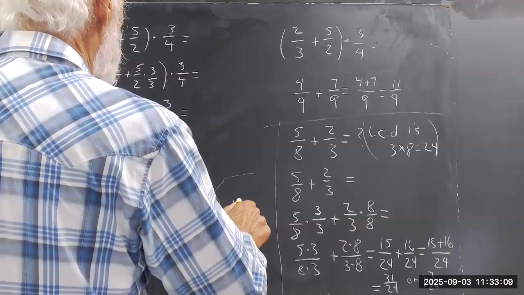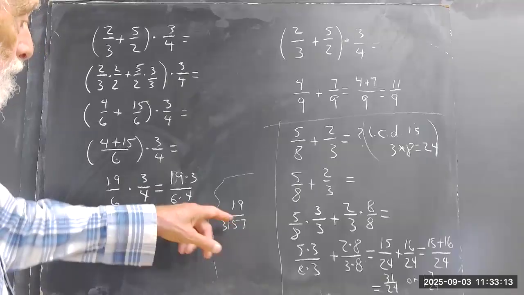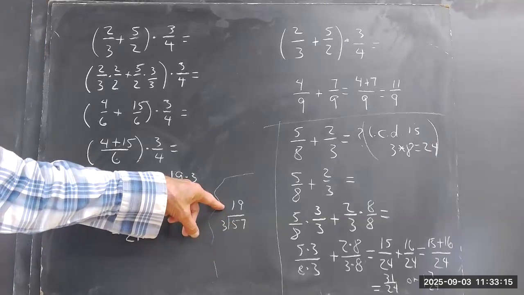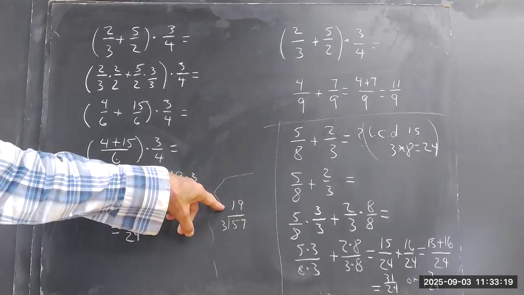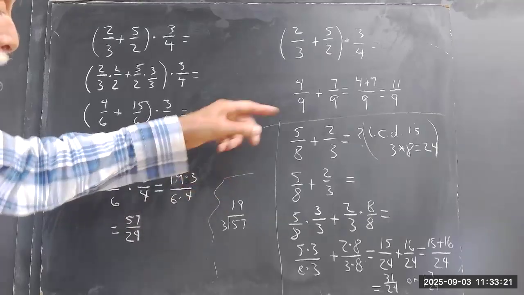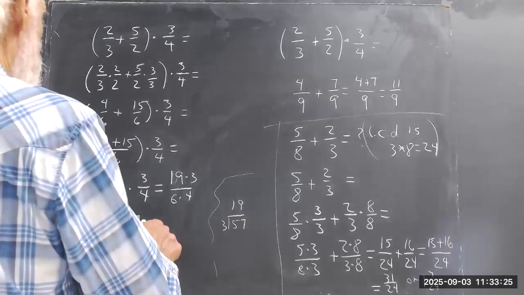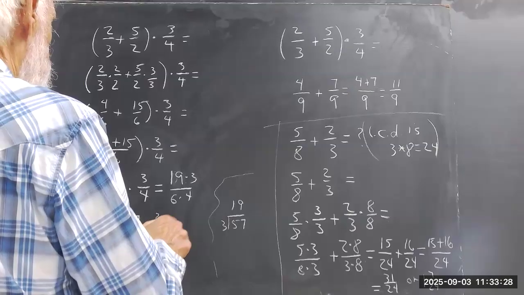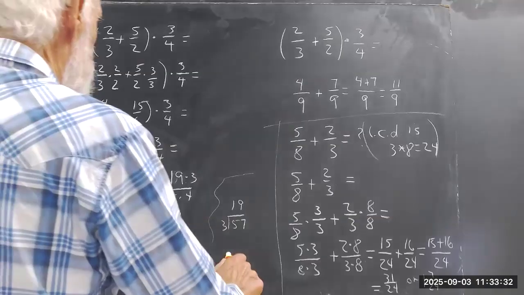3 goes into 57 19 times. Now, 2 doesn't divide 19, 3 doesn't divide 19, 5 doesn't divide 19, 19 is prime. So 57 is 3 times 19, and 24